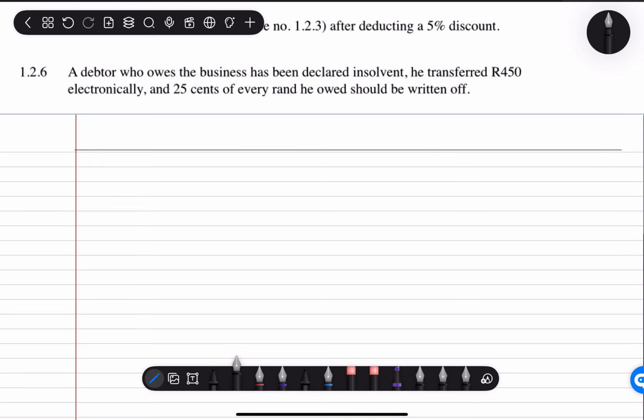Okay, so your first column would be source document. Your second column will then be